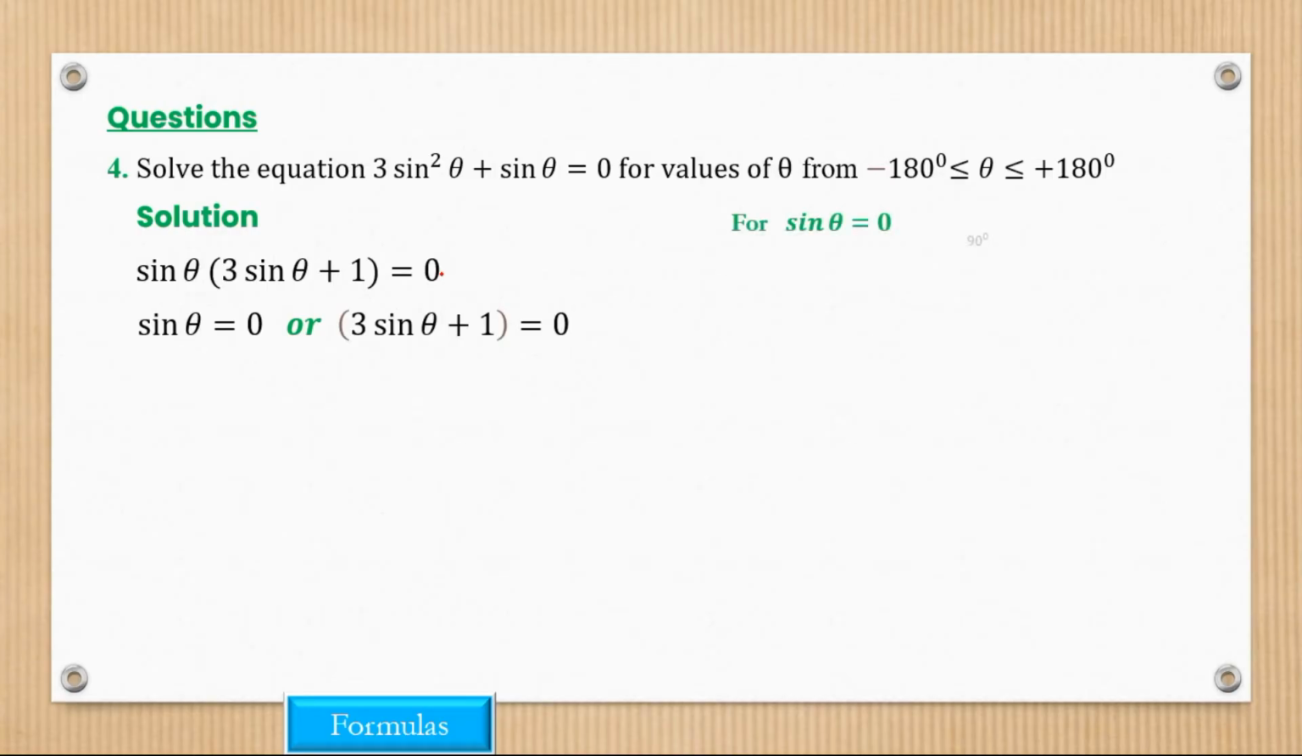For sine theta being equal to 0, in our CAST diagram, since we have 0, we place the 0, because sine inverse of 0 is 0. So we have the angle 0 here. The first angle is going to be 0, and then the second angle is equal to 180. Now we cannot do another rotation because we've been told not to go past positive 180. So that's the maximum on the